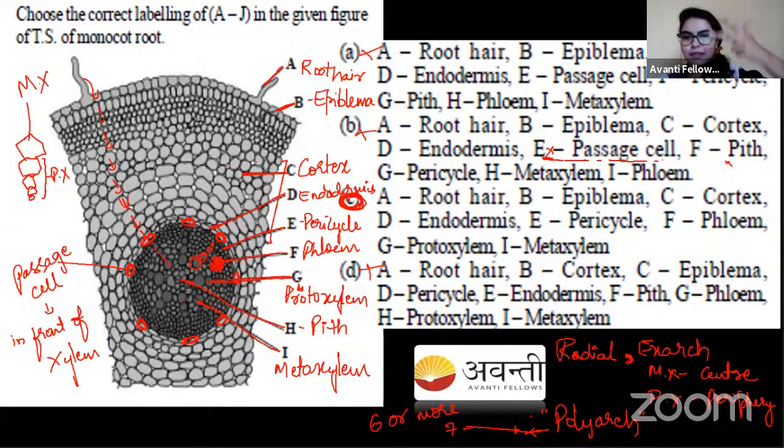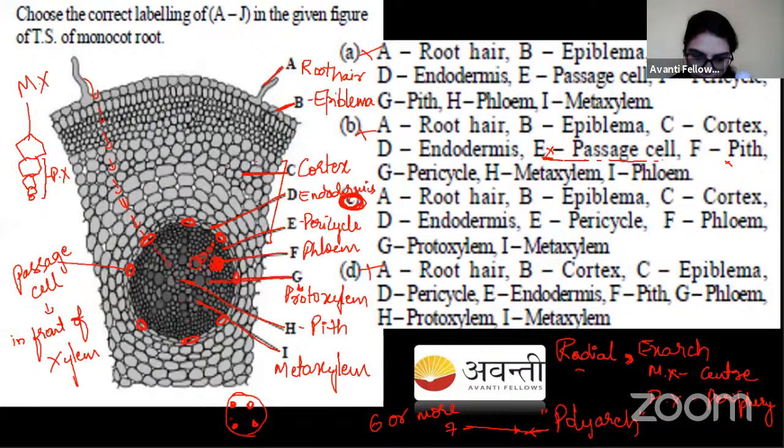Tetrarch. Yes. Okay. So radial, that is xylem and phloem in separate bundles, and then exarch because metaxylem is towards the center and protoxylem is towards the periphery. And tetrarch, मतलब यहाँ पे जो देखो 6 to 7 patches of xylem you're seeing, right? So in the case of dicot root, what happens there? There I will just write here. Okay, so there what happens? So this is